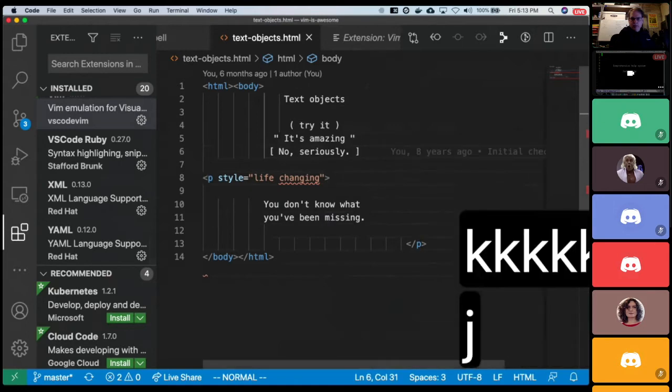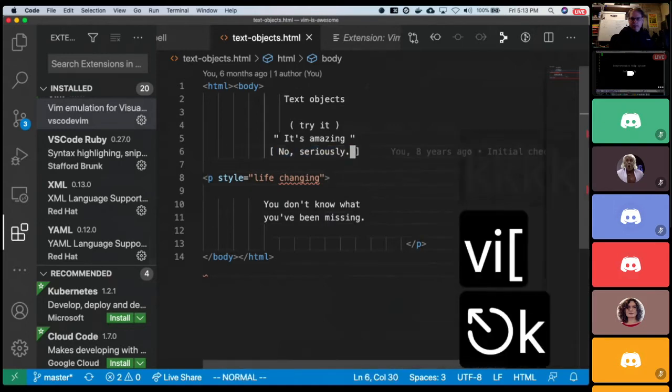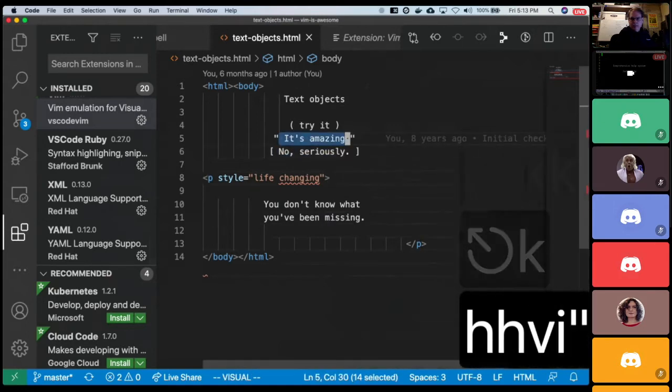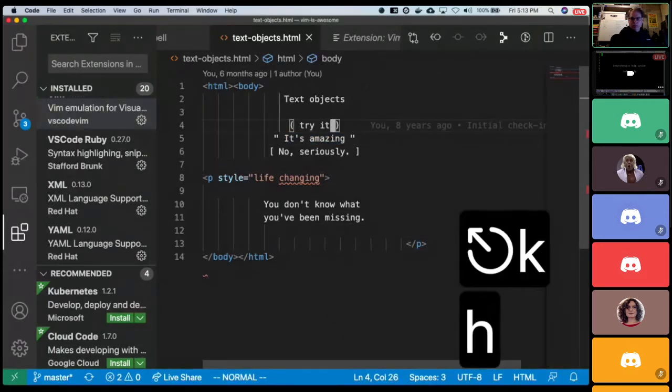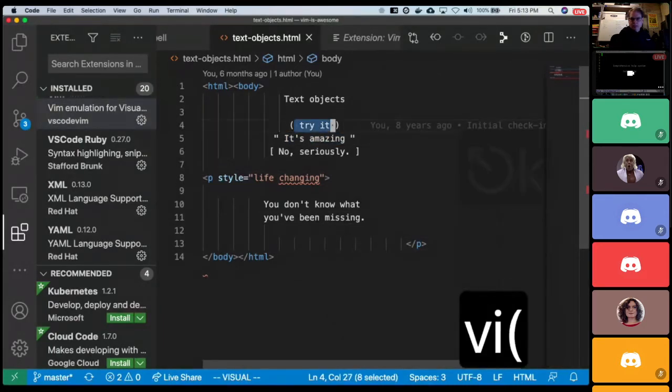Works for square brackets, single and double quotes, parens, right? So it's fantastic. A trick that I actually figured out relatively recently, you know how when you delete something in